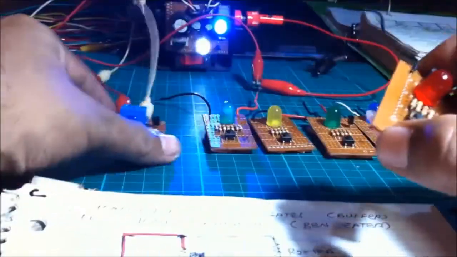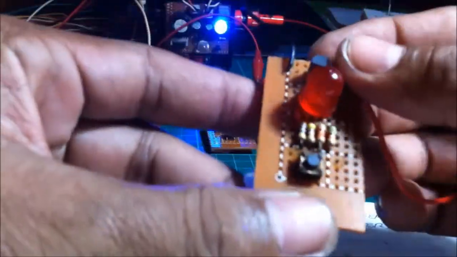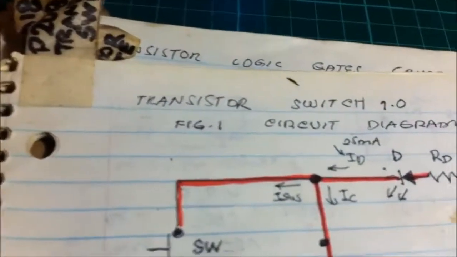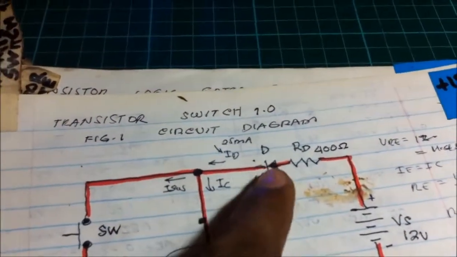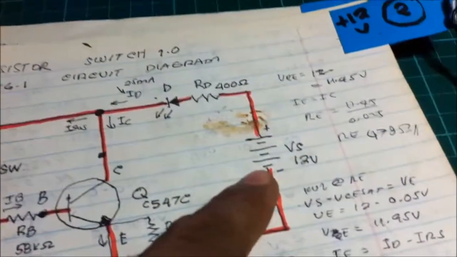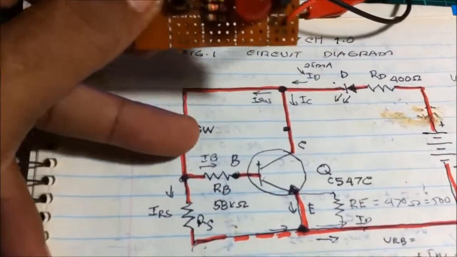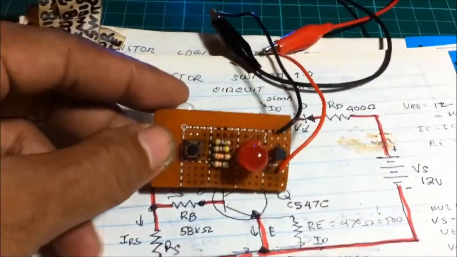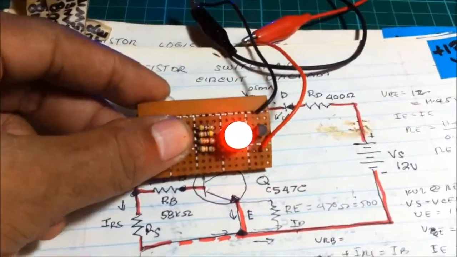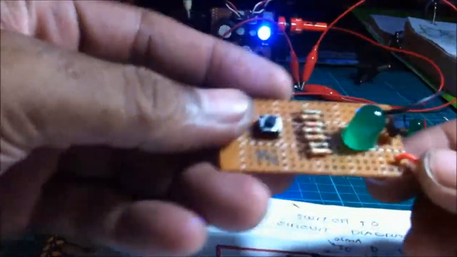Another buffer gate here. This is also a buffer gate. Transistor switch 1.0. The LED is connected in series with the supply. The input side is in the base. The switch is connected to the base and still working. The transistor